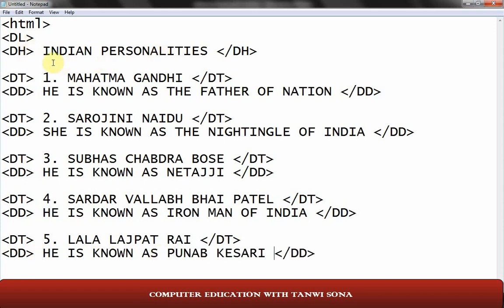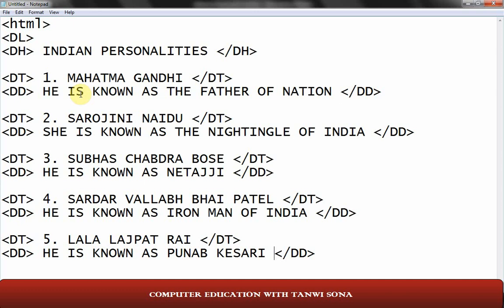Here I have created a definition list using the definition list tag. After the DL tag, I have started the DH, definition header tag, which defines the name Indian personality. This is the definition header.